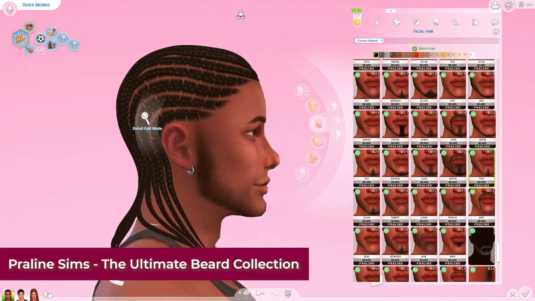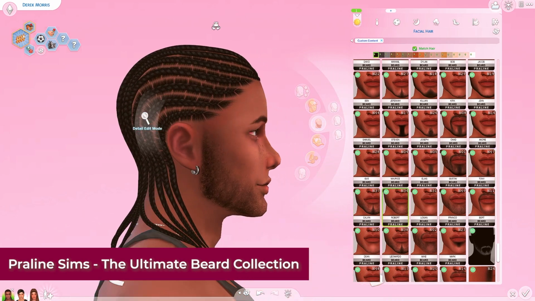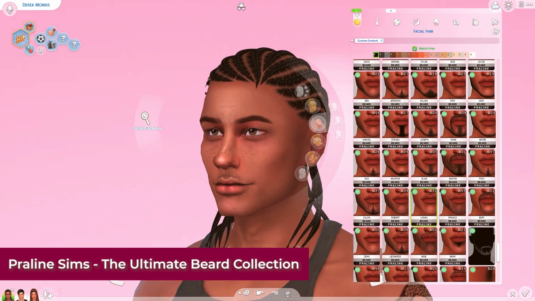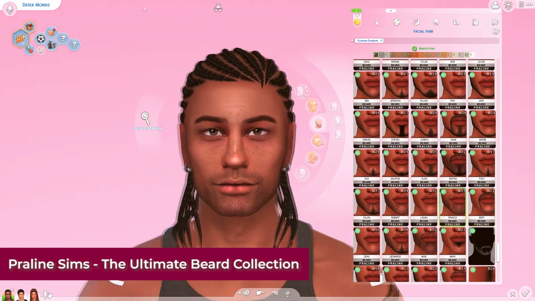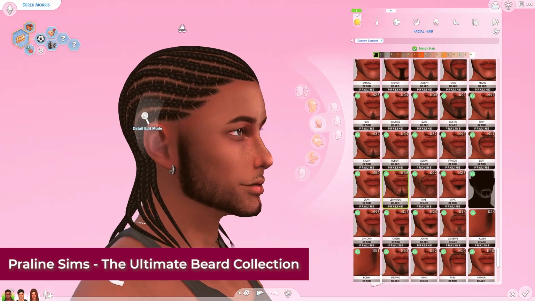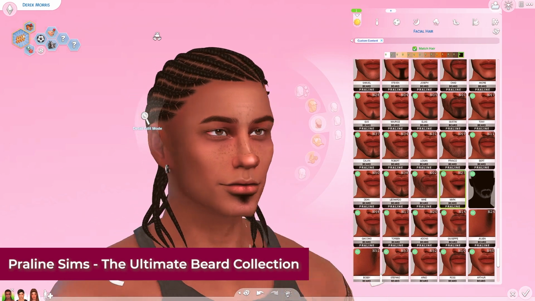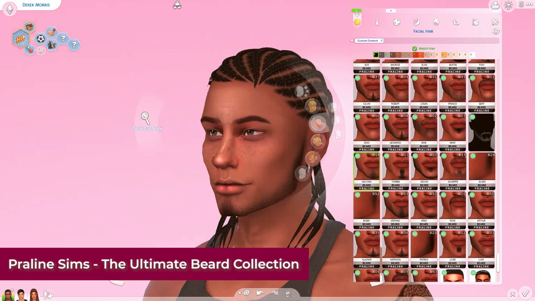I would say get this one by Praline, grab a few by XX Black Sims and by Ebonics just so you have a little bit of variety, and I think you'd be all set. But I did want to showcase everything in my collection because I personally really like having a variety, and I love this Praline set. It's probably my favorite, but I have used these to death,